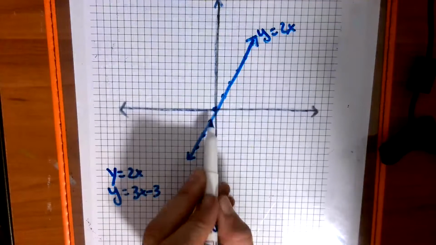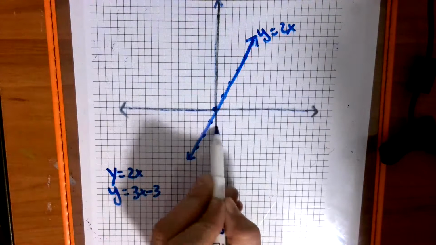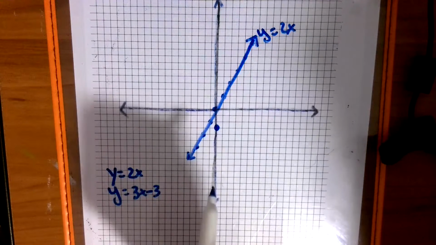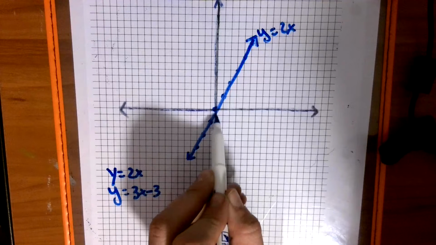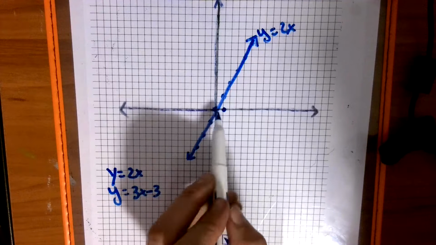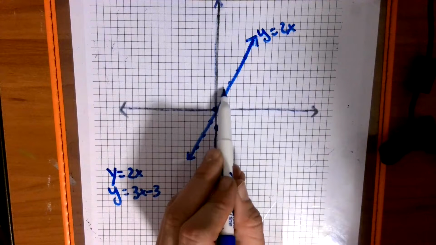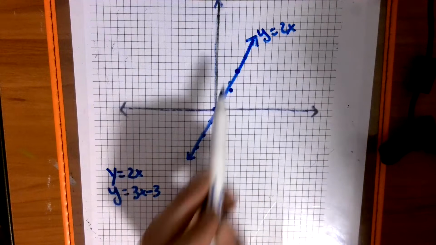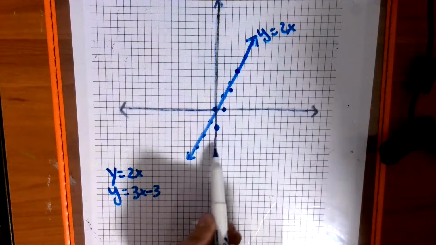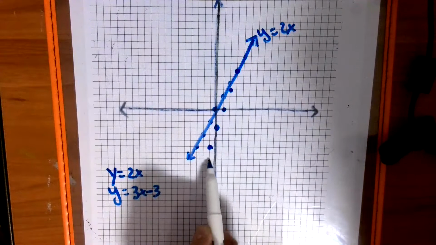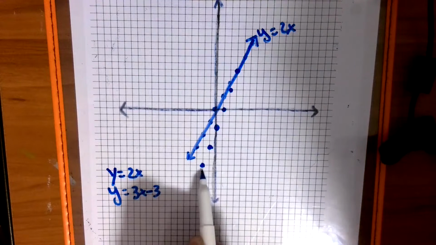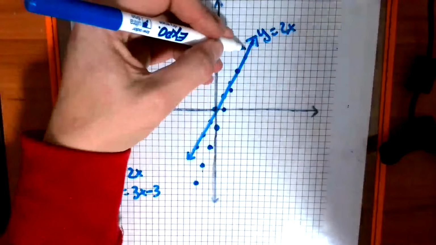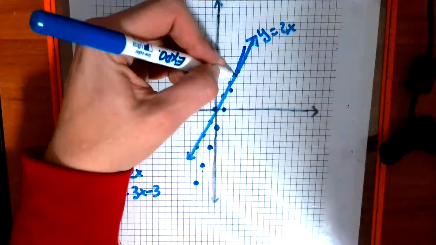And then this one, we'd start at the -3, -1, -2, -3. And we're going to go up 3 over 1. We're going to go up 1, 2, 3 over 1. Up 1, 2, 3 over 1. Down 1, 2, 3 over 1, so on and so forth. We have a connecting point